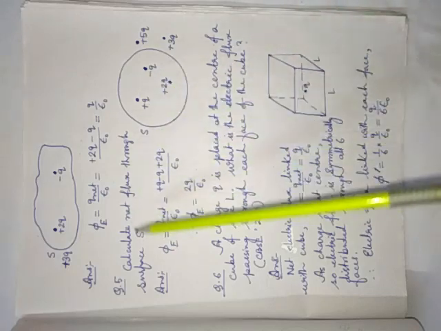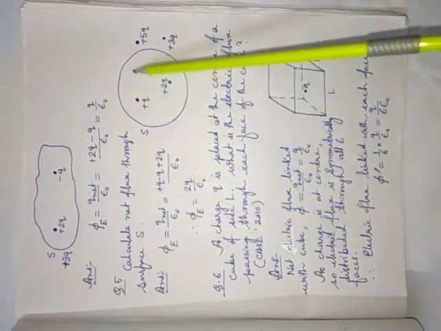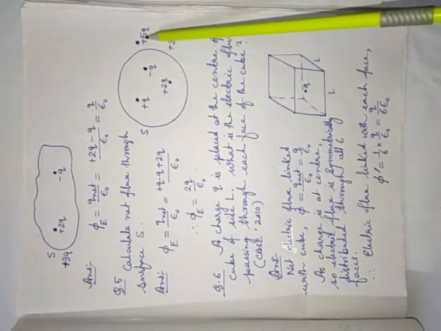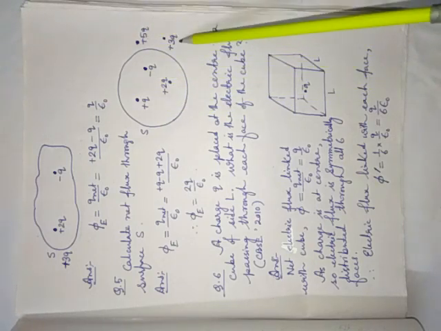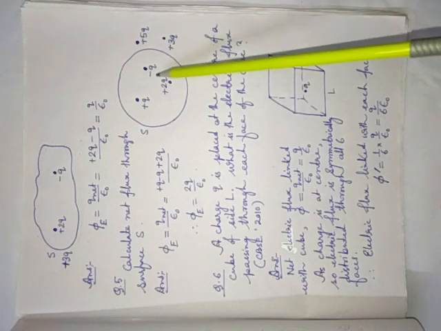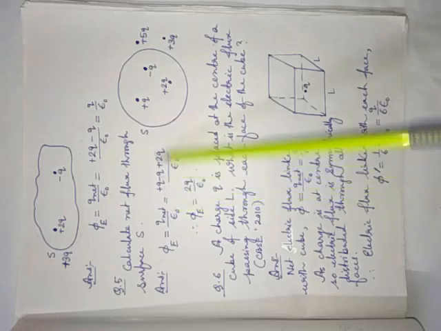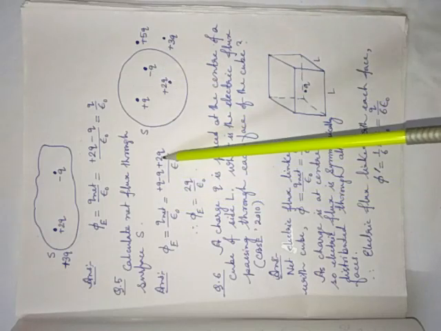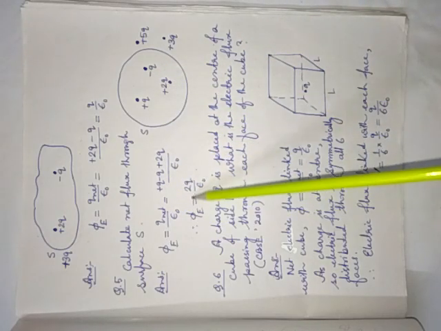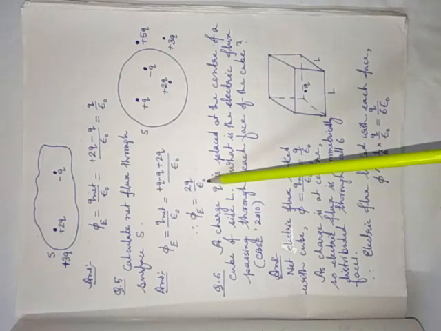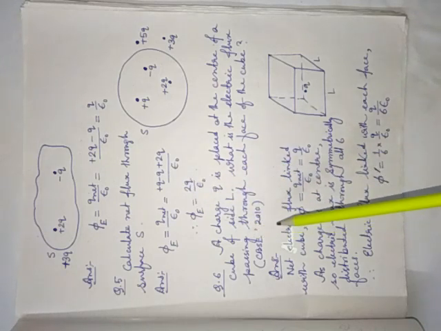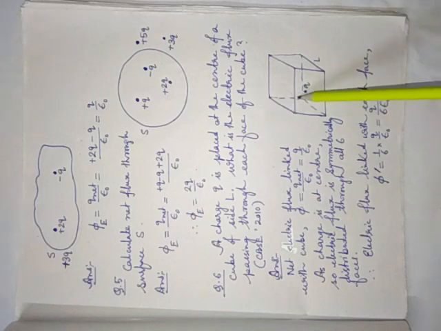Now suppose the same type of question is mentioned here. Calculate the net electric flux through S. Here, the outside charges, 5q and plus 3q, we don't have to consider. But what is the net flux here? Phi is equal to q net by epsilon naught. Q net means plus q minus q plus twice q. Ultimately, the net flux is phi equal to twice q by epsilon naught. This is another question. It has come in CBSE, but it is important for the Assam board also.